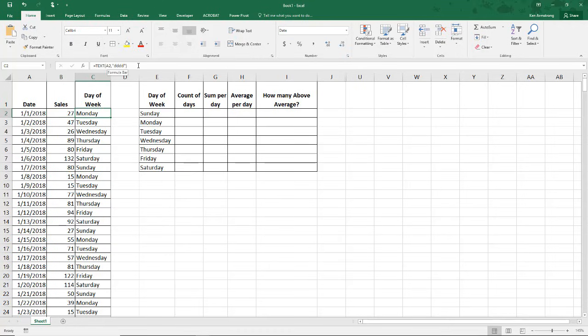We learned this formula to find out our weekday day type in a previous video. So what if I want to just find out how many Sundays are there in the year? How many Mondays, Tuesdays, Wednesdays, Thursdays, Fridays, Saturdays? So I want to look at this column of data, and if this day is Sunday, I want to count it in this cell. So let's go ahead and do that.